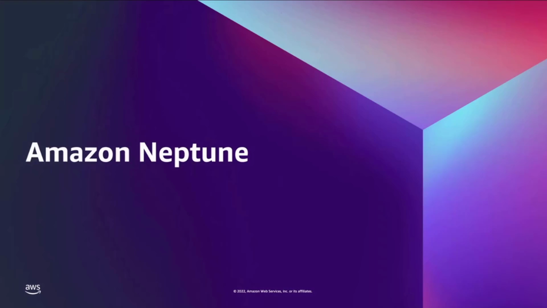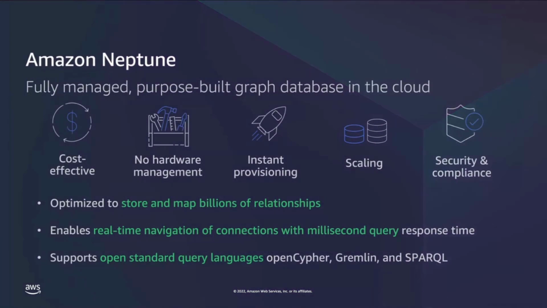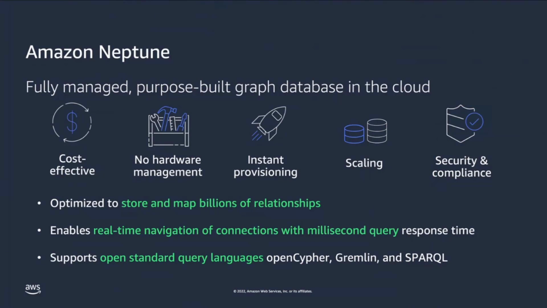And this is really why we went and built Amazon Neptune. Amazon Neptune is a fully managed, purpose-built graph database built for the cloud. It was released in May of 2018. And since then, we have been continuously improving it with new features and functionality based on feedback from customers. As I said, it's a fully managed service, so AWS takes care of all the hardware management. We manage the OS, the database server, and we manage all of this